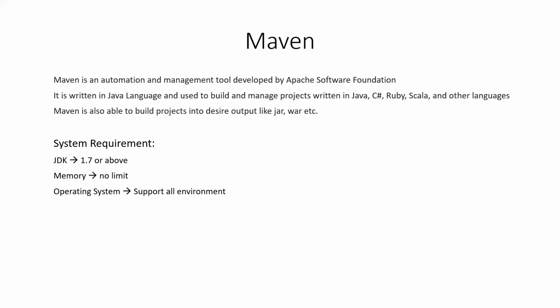This puts in a lot of effort, but if you are using Maven, then Maven will automatically maintain this. It will automatically download the jar files, store them into the local repository, and then make those jar files available to our project. If we need to update the version, we only need to update the version number in the Maven file, and the latest version will be automatically taken care of by Maven.